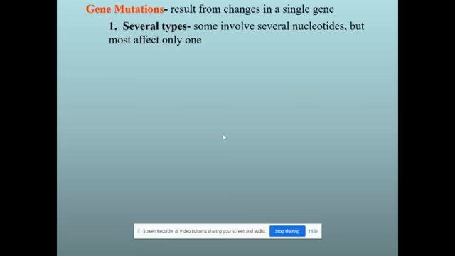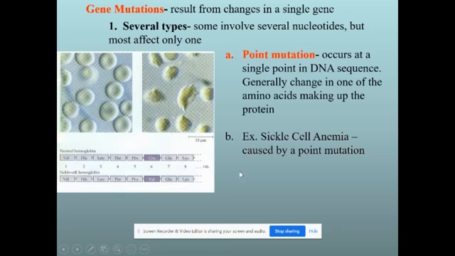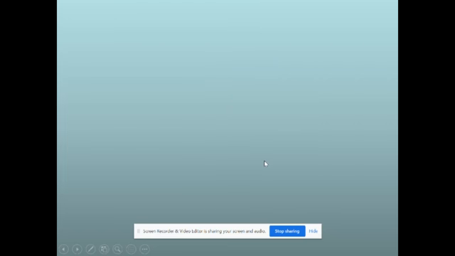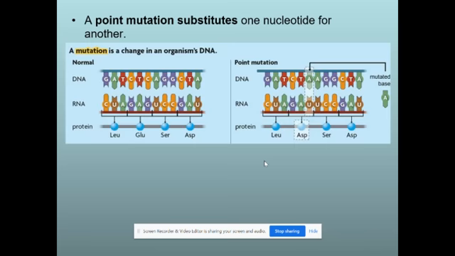These are types of gene mutations that result from changes in a single gene. Some types include point mutation. It occurs at a single point of the DNA sequence. A point mutation substitutes one nucleotide for another. We've looked at nucleotides and these nitrogen bases and the proteins that they